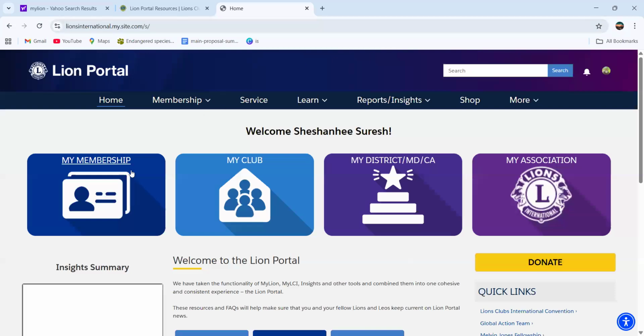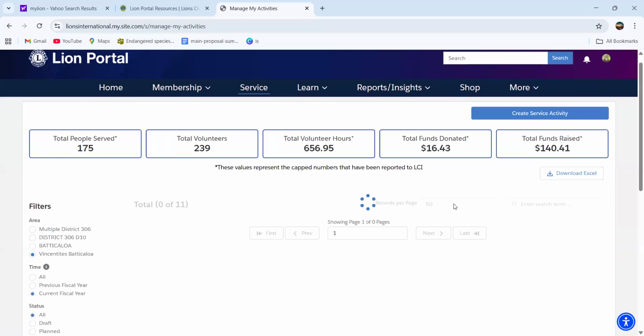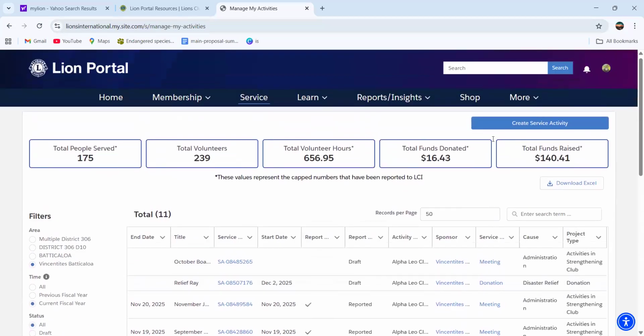Here you can see your club activities, my club, my membership, your district, and the Lions Association, which will lead you to different dashboards. So to begin reporting, you can go into service. So this will be your service dashboard from your club. So here you can see a button which says create service activity. So if you click this,